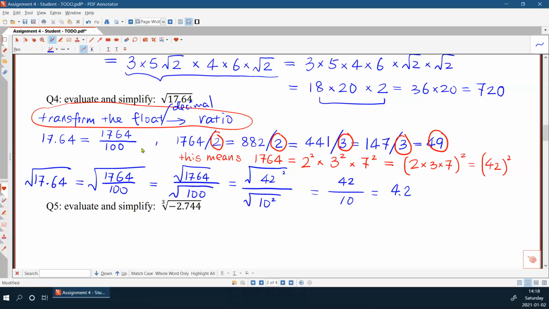Okay, because it's not very easy for you to think of a square root of a decimal number. Just try to transform this decimal number to a ratio of 2 integers. Okay,